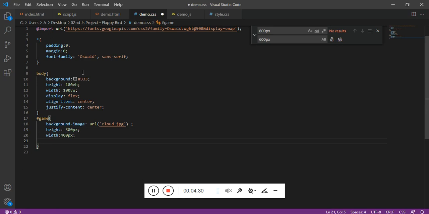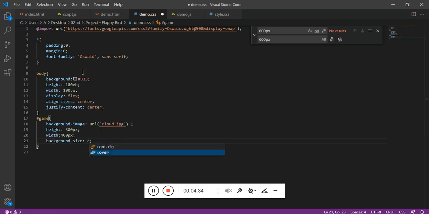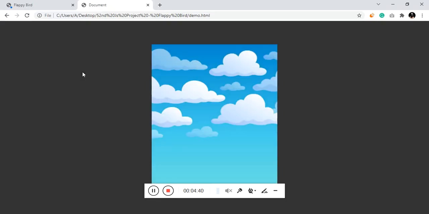And I want the background image to get stretched as cover, and let's see how this looks. If there is a repetition, we'll make this no repeat. Fine, there doesn't seem to be much problem in the design.